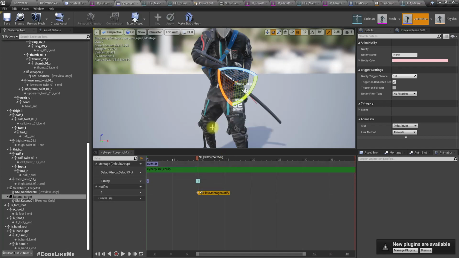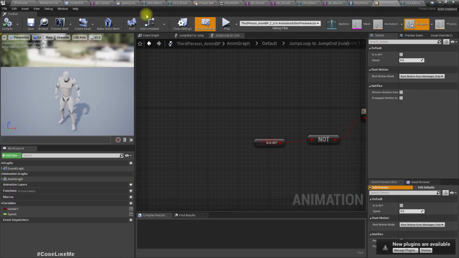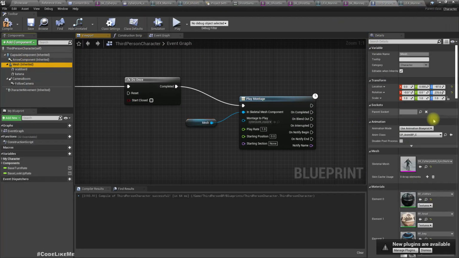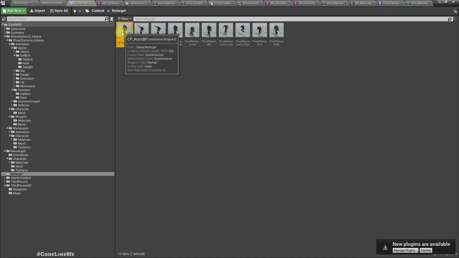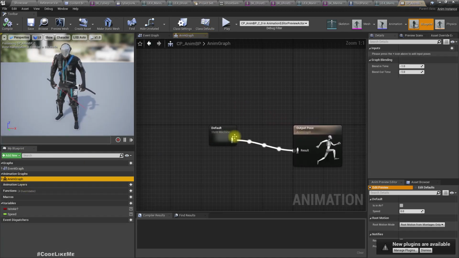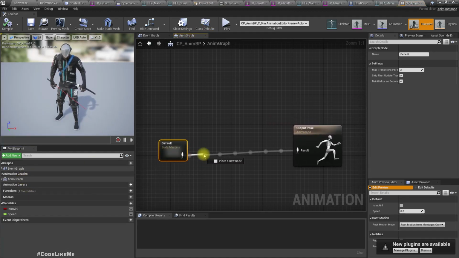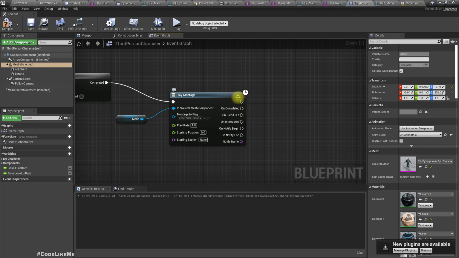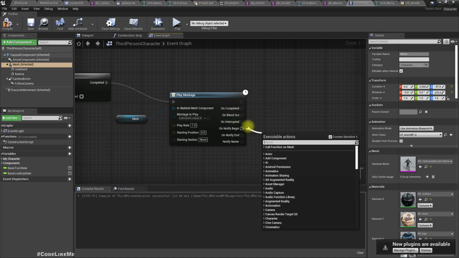Right. Now, in order to play montages on this animation blueprint, under anim graph, we have to add the default slot to play montages. Now it will play the montages. Okay, then here on notify begin, we can